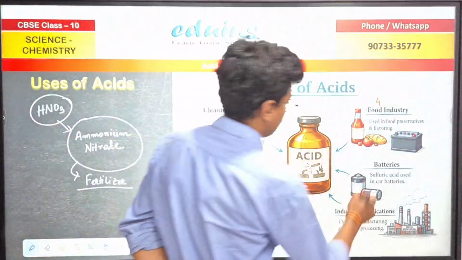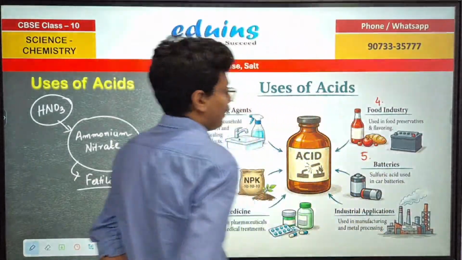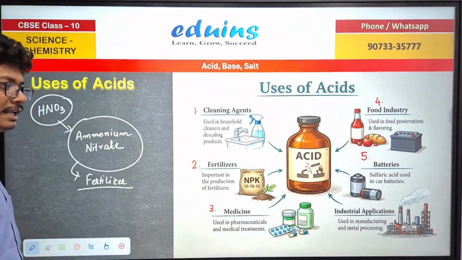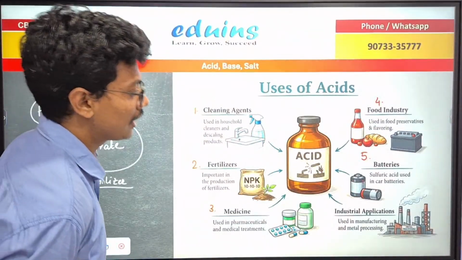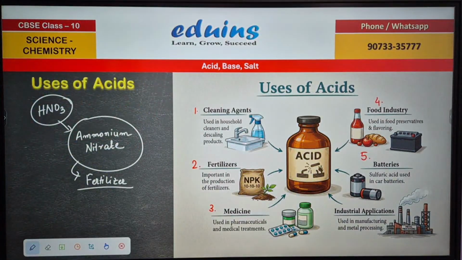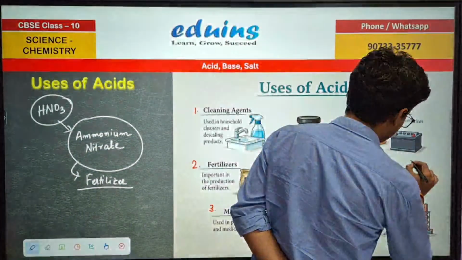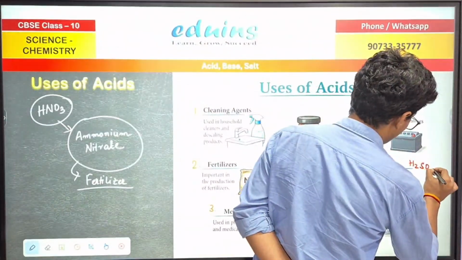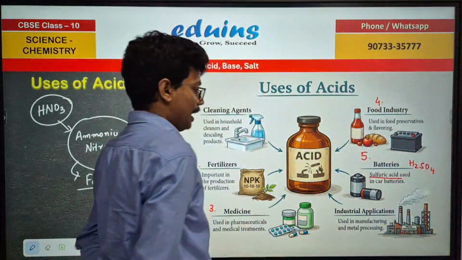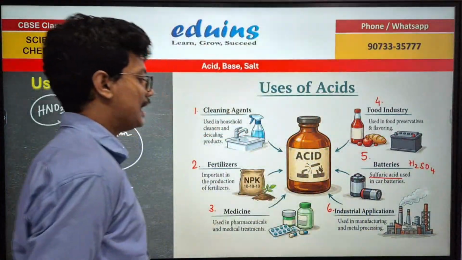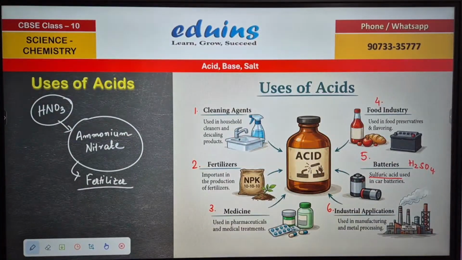Now the fifth one, that is it is used in battery industry. How? The sulfuric acid is used in car batteries. Okay, कार का जो बैटरीज होता है वहां पे कौन सा एसिड यूज होता है? This is the sulfuric acid, H2SO4. ठीक है, the last one, that is 6, used in industrial applications, used in manufacturing, metal processing, as well as